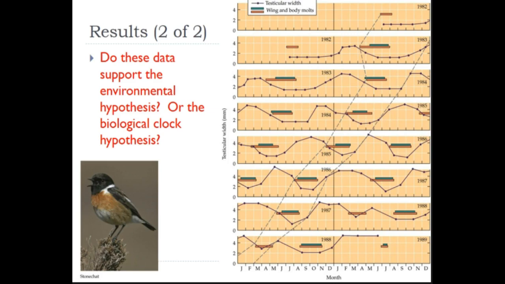One is when they're molting either their wings or their body feathers. That's something that these animals need to do on an annual basis. And in addition, you're also observing testicular width. Birds, like a lot of other animals, will kick on their reproductive systems at certain times of year and then turn them off at other times of year. And there's a variety of reasons for this. But one thing that seems to be true is that as you increase testicular width, you tend to increase testosterone levels. Testosterone levels tend to cause animals to become a little bit more aggressive, at least these particular animals.